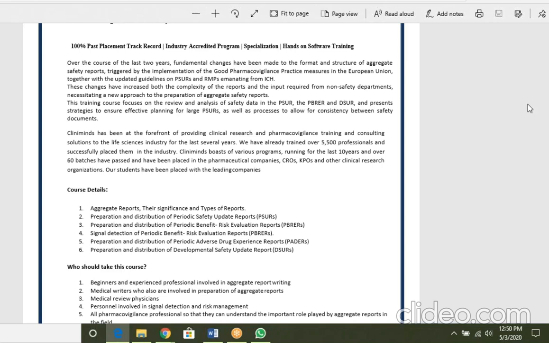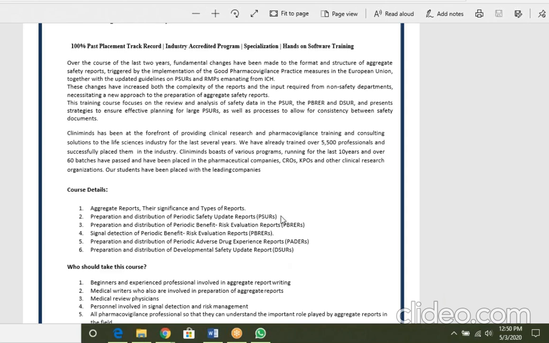Right, Dr. Viket, another question is RSI for DSUR. When a new drug is launched, how does it have ADRs? Manohar, that's a very basic question. If you are from a pharmacovigilance domain, I'm sure you know how the ADRs are collected.